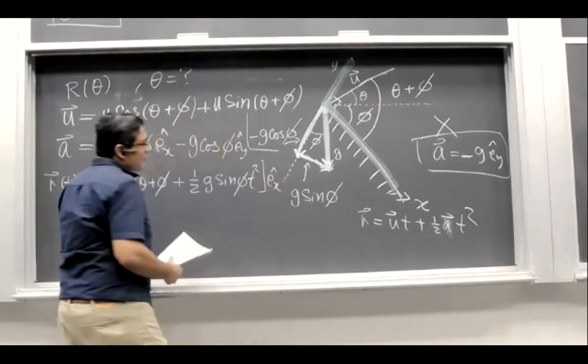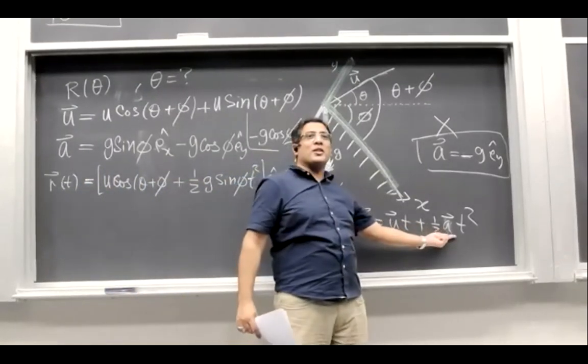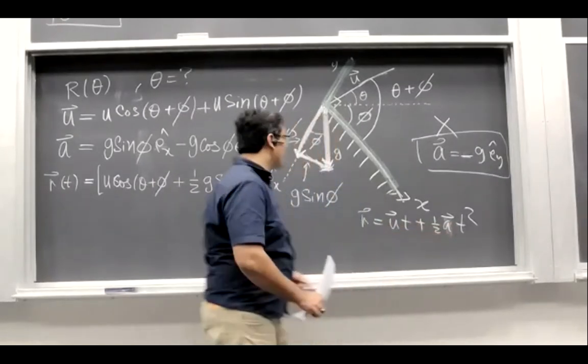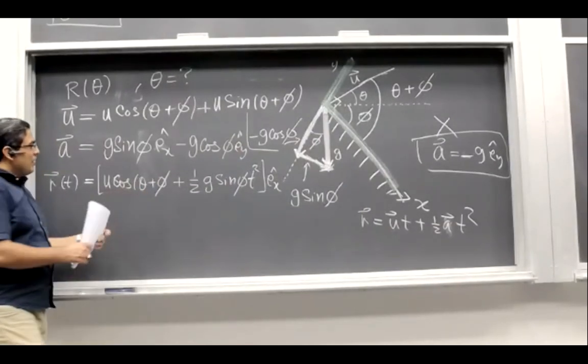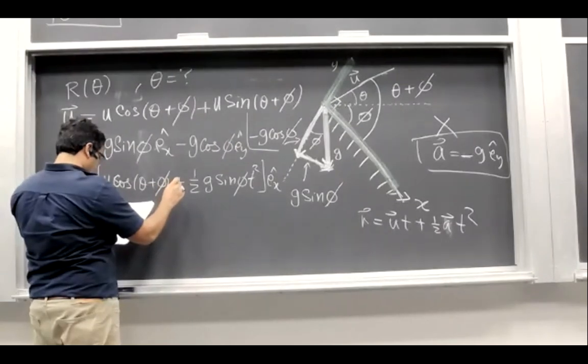You can recognize, you know that the x component of u would add to the x component of this vector, and the y component of this vector would add to the y component. So you can recognize this is the x component of velocity, and there would be a t here as well, or no?